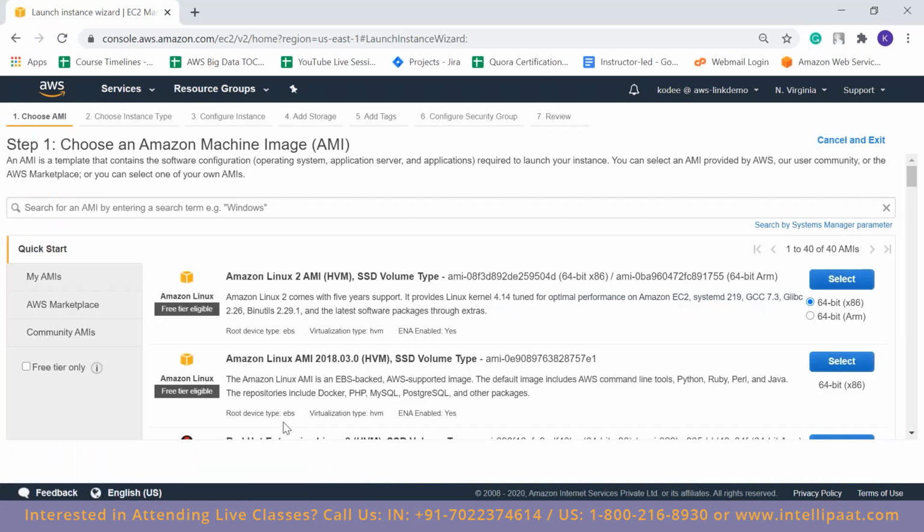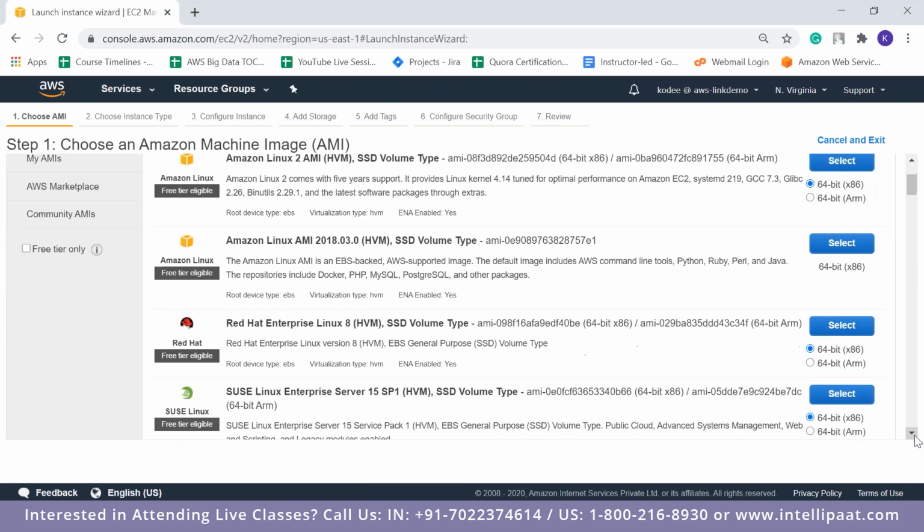First of all, you will have to select an AMI. An AMI is basically, to be very simple, like an operating system. Let's say you can have a Linux system, you can have a Windows system in your laptop, you can have a dual boot. The same thing, an AMI is like an operating system, but here an AMI is called Amazon Machine Image, and using Amazon Machine Images, you can choose what type of operating system your server should have. You can see Amazon Linux 2 is Amazon's own Linux server.